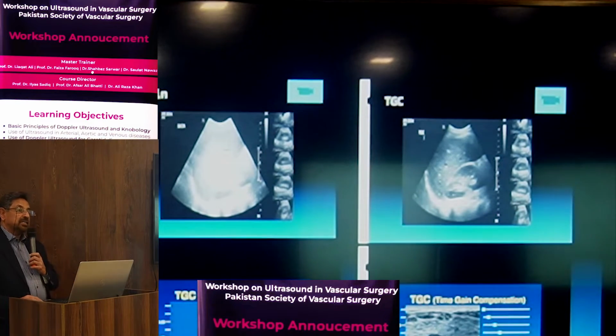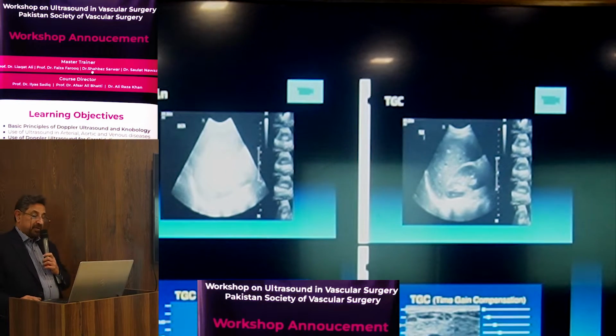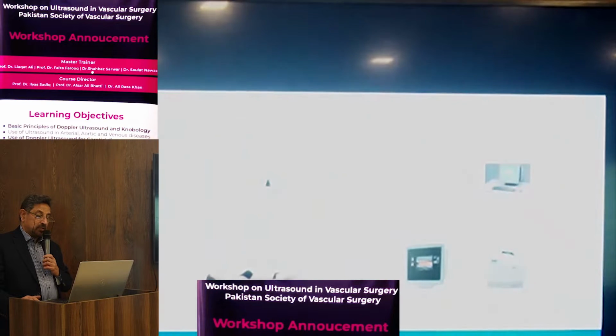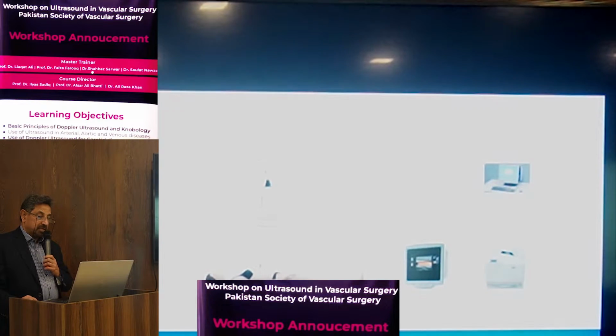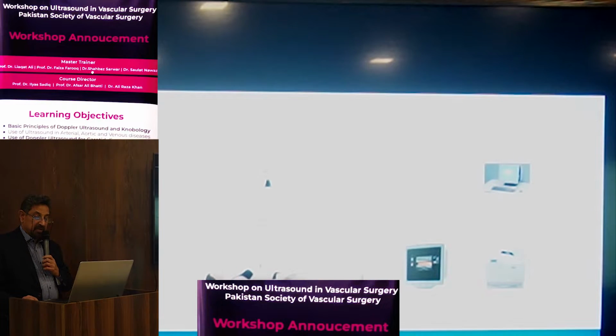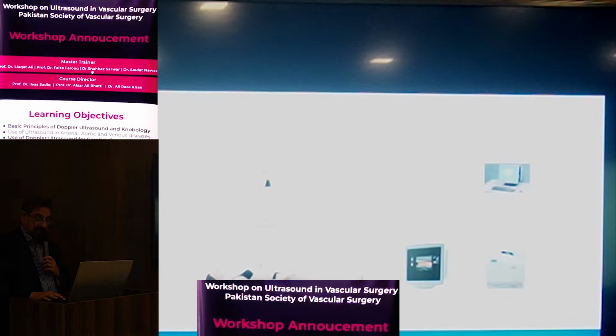Ultrasound started with A mode and graphic representation. Then with the advent of new techniques and new machines, we send electrical impulses to the transducer having piezoelectric crystals. Electrical energy is converted into sound waves, goes into the body, comes back, goes to the machine receiver, then the scan converter, and the image is seen on the ultrasound machine. We can save the image in the machine's memory or get a printout. That is the whole procedure.